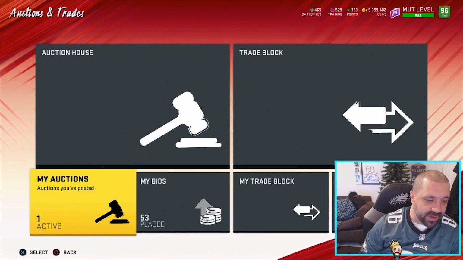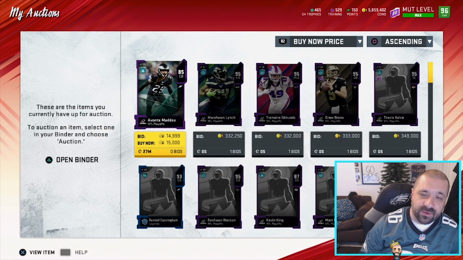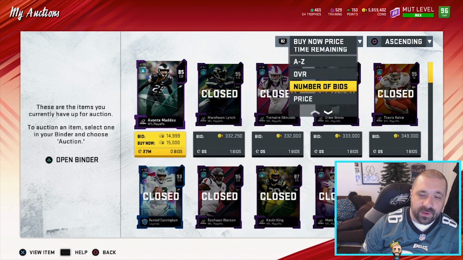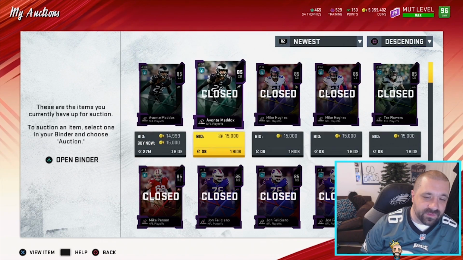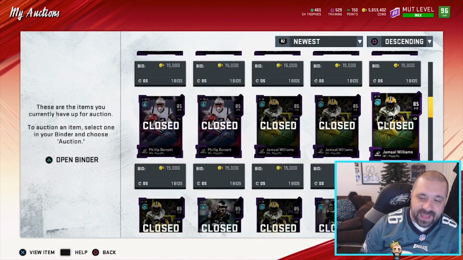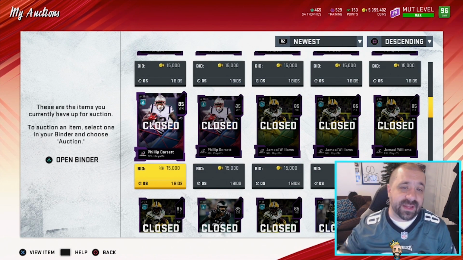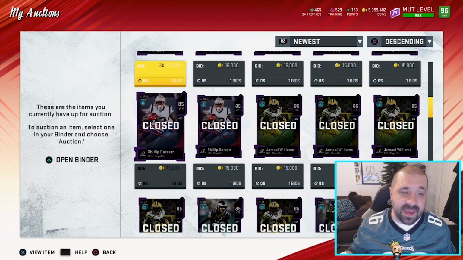Again, just want to show you guys the proof that these were selling as well. They do take a little while, but they definitely will sell. And as you can see, all of those ones that I purchased, they all sold for 15K. So every time I did that, I was making a minimum of 800 coins. But of course, when you get them for 11K and 9K and 10K and 6K, you're going to make more